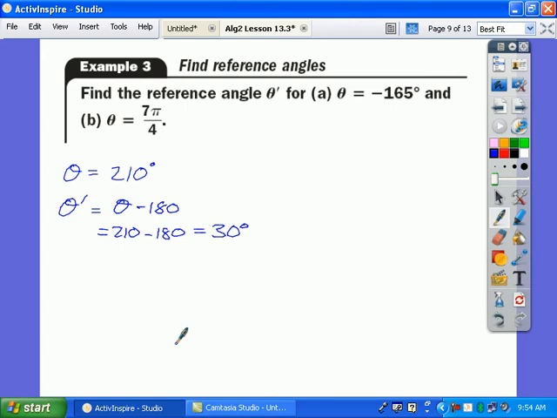So here's the idea. Sine of 210 is going to be almost identically sine of 30. Cosine of 210 is going to be almost identically cosine of 30 degrees. And so what I want everyone to do right now is to pause, put your calculators in degree mode, and take sine of 210, and take sine of 30. If you're watching at home, I want you to do the same, because I want you to see that these two are